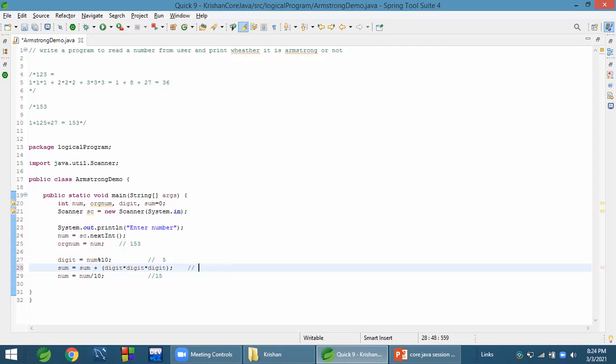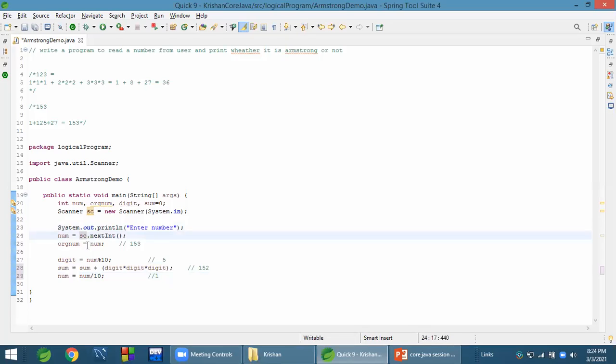Now in sum we have 152. Here, num equals num by 10. There was 15 in the num variable. When I do 15 divided by 10, the last digit goes away. 1 will be stored into num.